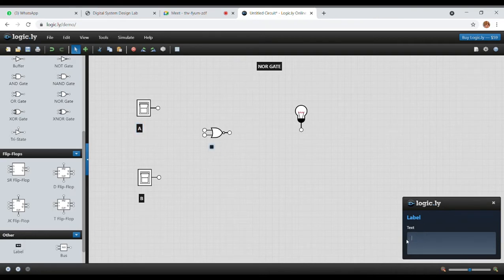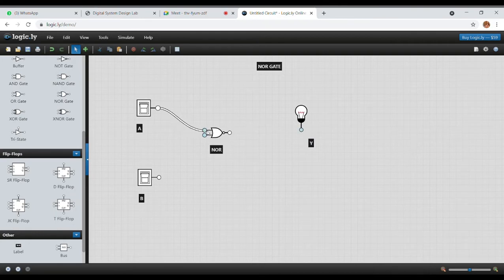We'll label the first toggle switch as A and second toggle switch as B. Then we'll label the NOR gate. Then we'll label the bulb as Y.